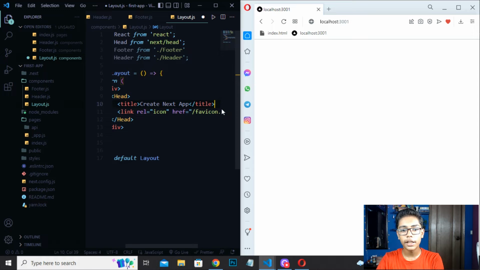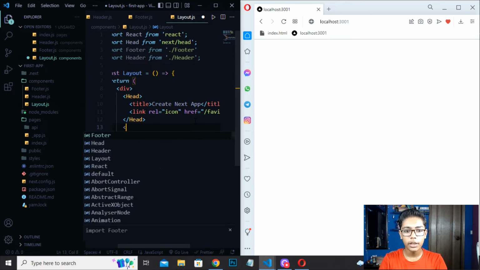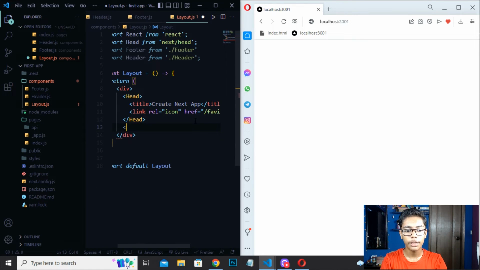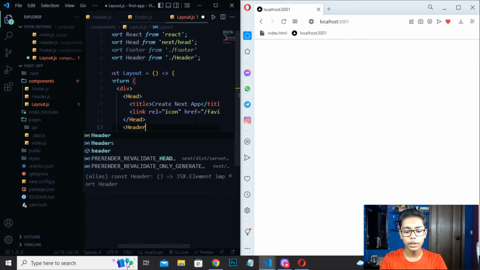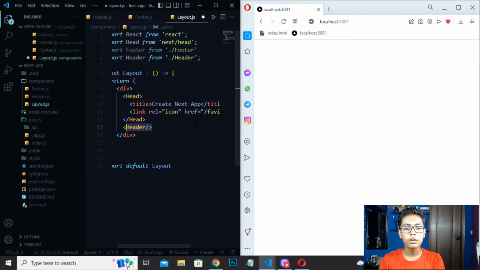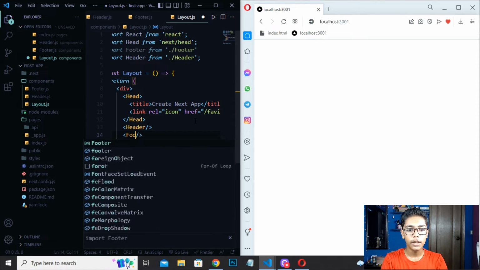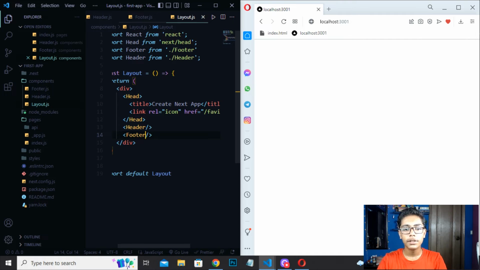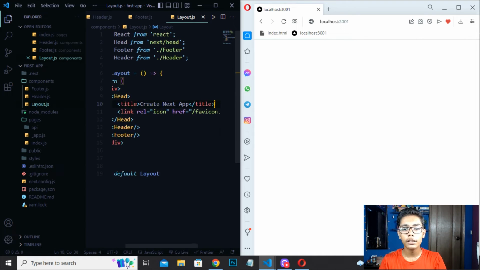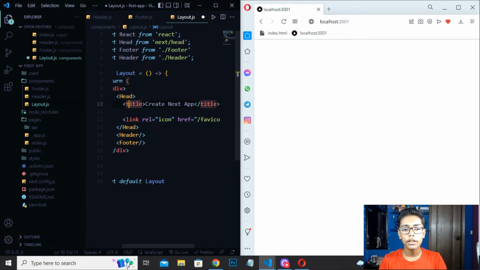Erase this meta tag, and now you have to move down, and here you have to just define the header which you have written. So I will be now writing this. Then you have to copy this header, paste down, then write here footer. So I will be writing footer. And now when you're done with that, just save this, and here you have to go underneath this title tag.